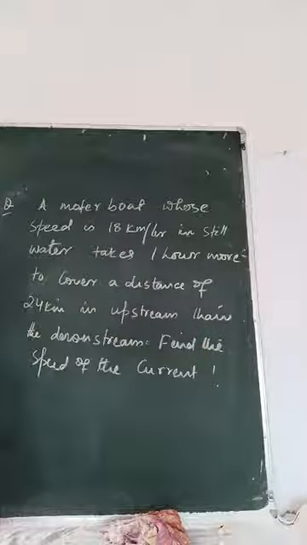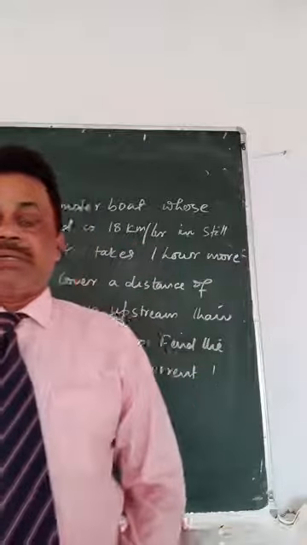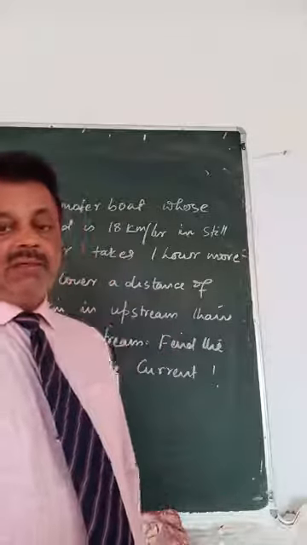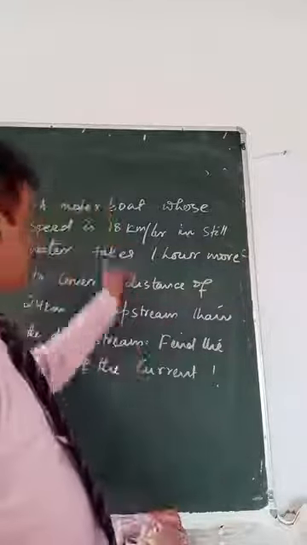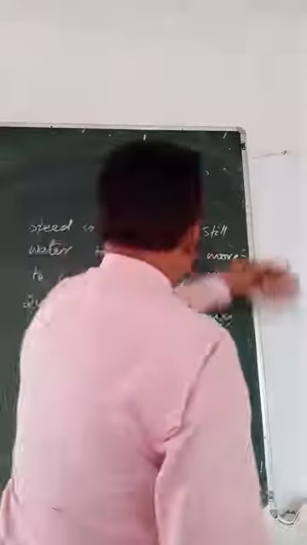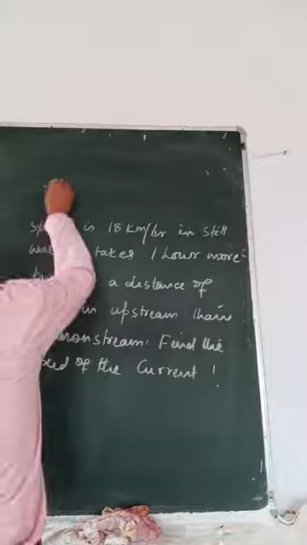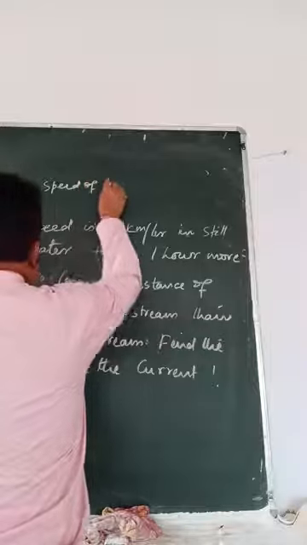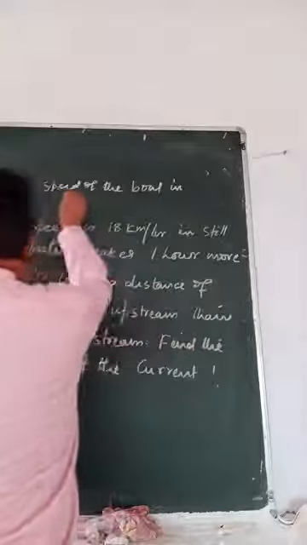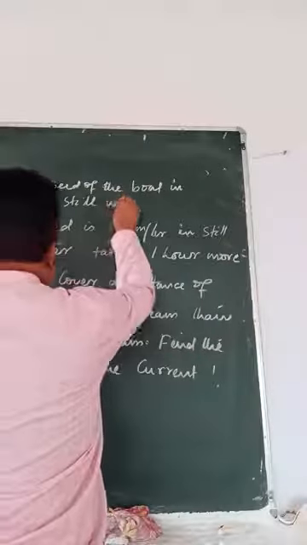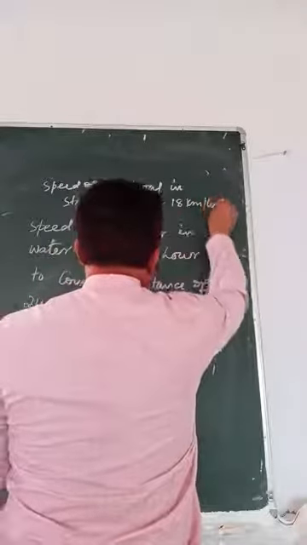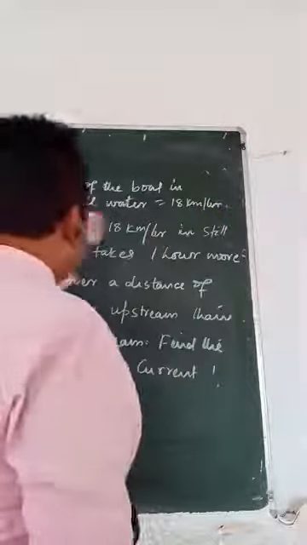Okay. So when the question comes up in the upstream and downstream, we have already discussed this kind of question in the linear equation of two variables. This is quadratic equation of one variable. So how to solve? Look at here. So you are given speed of the boat in still water is 18 km/h. Okay. Suppose speed of the current